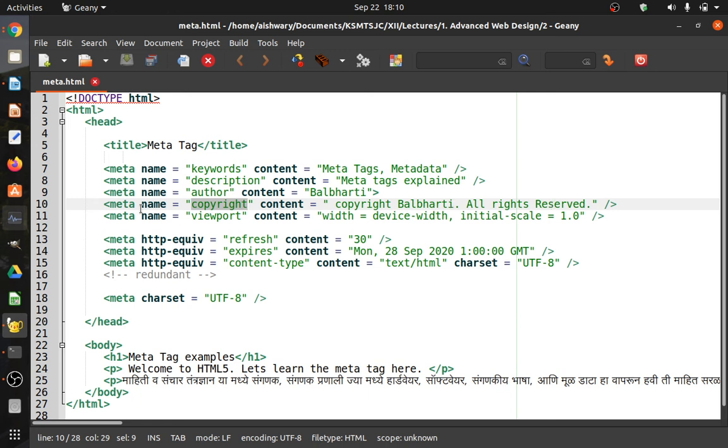Next important is viewport. So the attribute name for the meta tag, the value viewport is given. Now what viewport basically means, we'll discuss first and then go on to the details. You know that at the beginning, when there were no mobiles used for surfing the web, the web was surfed only with devices having larger screens like laptops and computers, for example PCs. So pages were also designed only considering those large screens.